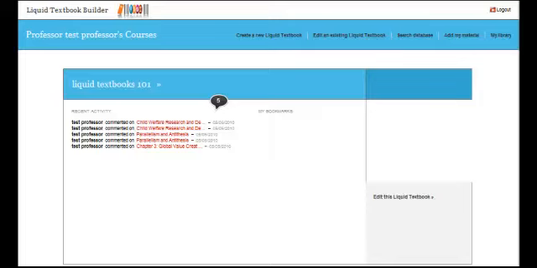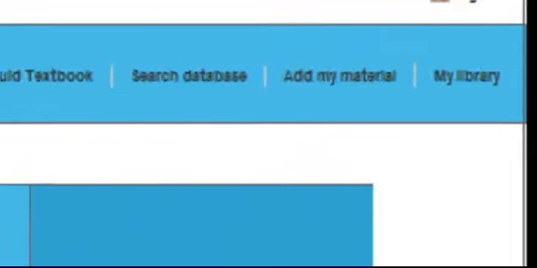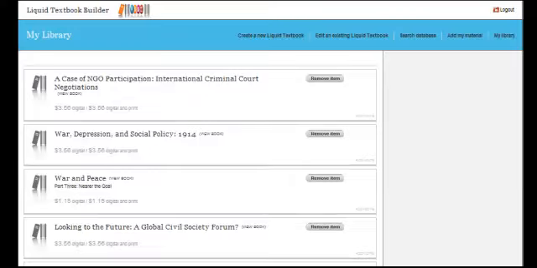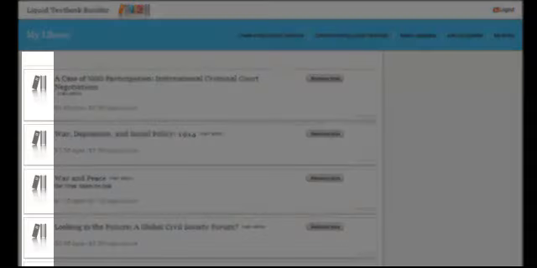homepage. To begin creating liquid textbooks, you must first add content to your library. The My Library feature is located in the right corner of the main navigation bar. Your library is a place where you can collect and manage the items you may choose to include in your liquid textbooks. In your library, items are identified by medium as indicated by the icons to the left of the